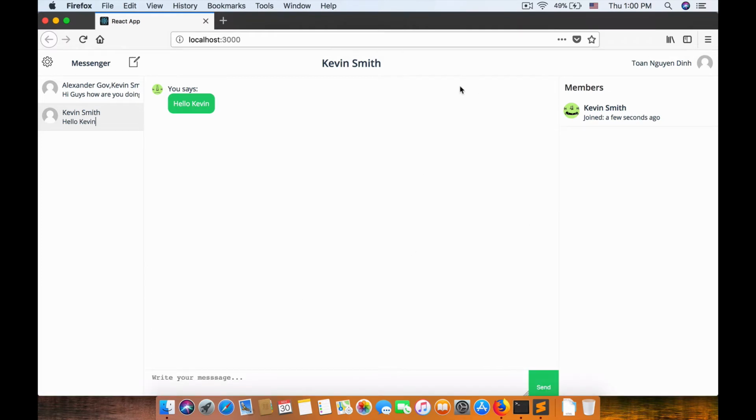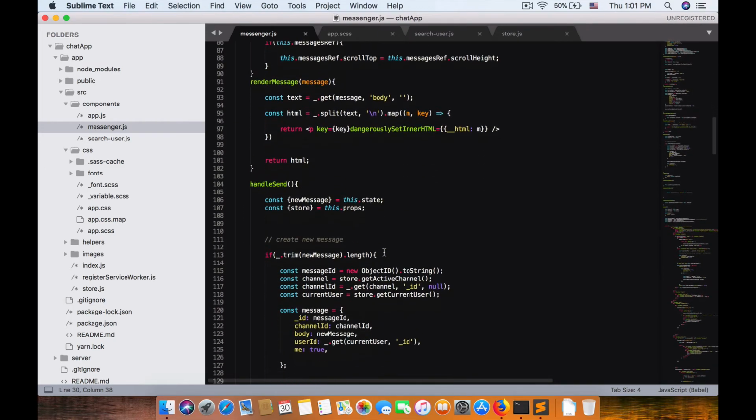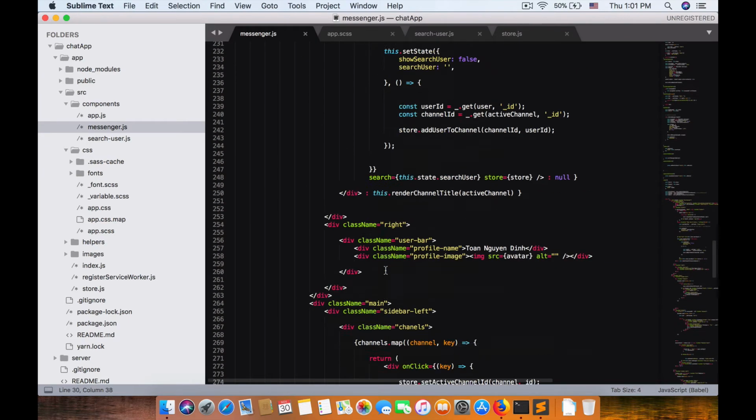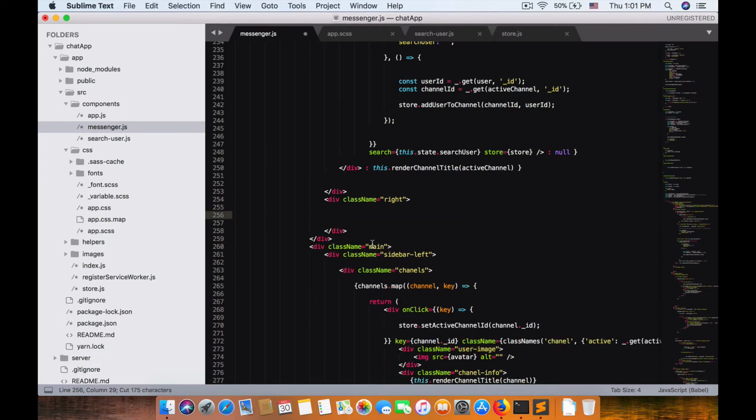So let's see what we need to do next. I'm going to make a change in the user, so it's the user group, user toolbar, and make a temporary login form. We are not going to connect the user to a backend server. In this case, we're just using local storage to store the current login user. So in messenger.js, where is the user bar? I'm going to cut this off and create a new